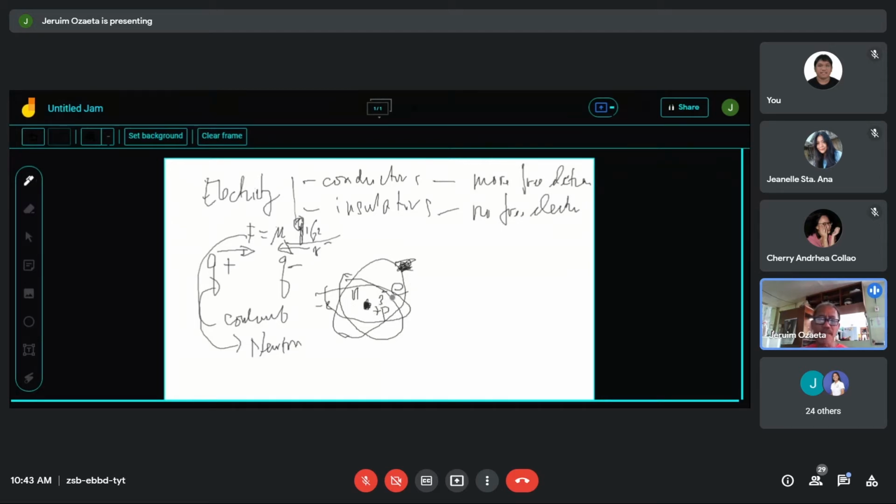Okay, so as I've said, a conductor has more free electrons. So we can imagine an atom having more electrons, let's say this one has 3 electrons and the proton has only 2. So we can say that this kind of atom is a conductor. Why is it so? Because